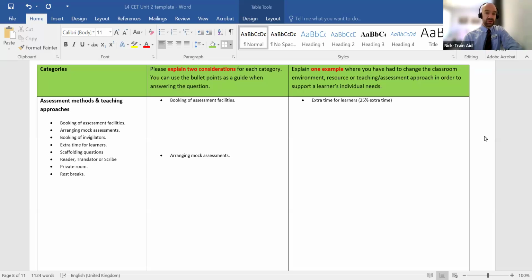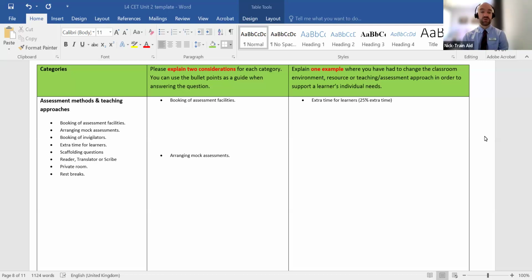In today's video, we are looking at the Level 4 Certificate in Education training. This is Unit 2, and this is a video looking at how to complete questions 2.3 and 2.4. So Unit 2, as we know, is all about planning. So how to plan effective lessons, how to plan effective teaching and learning courses. And question 2.3 and 2.4 is just looking at all the considerations that go into planning the effective assessment of